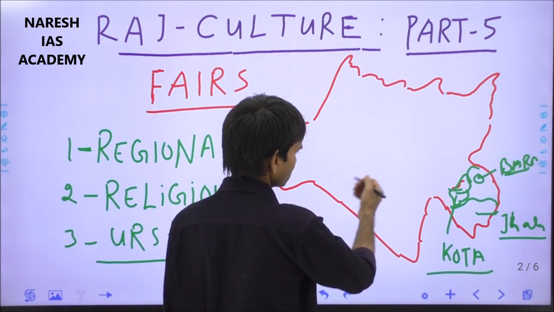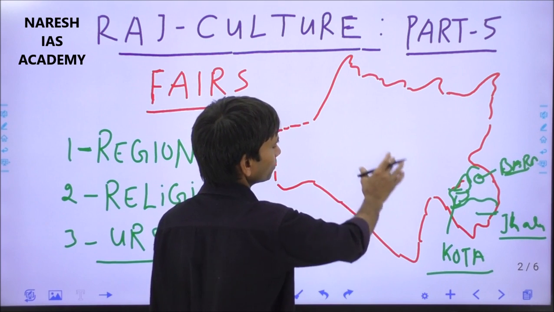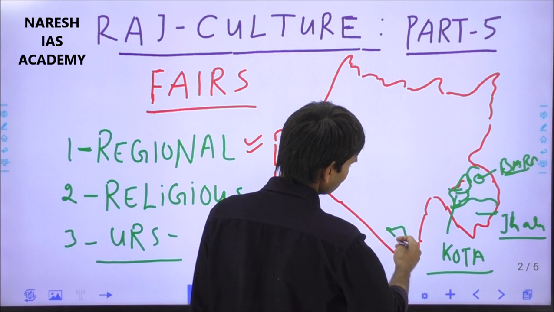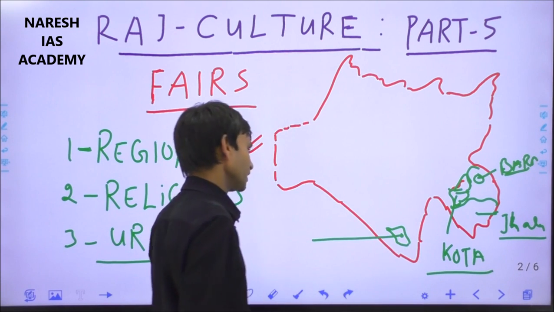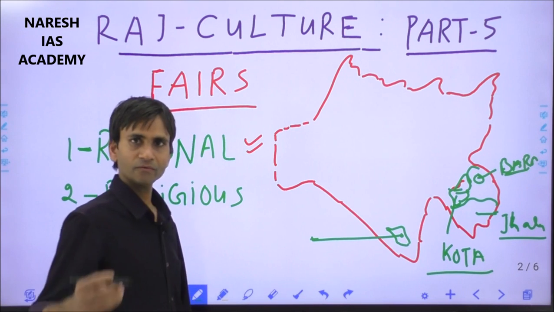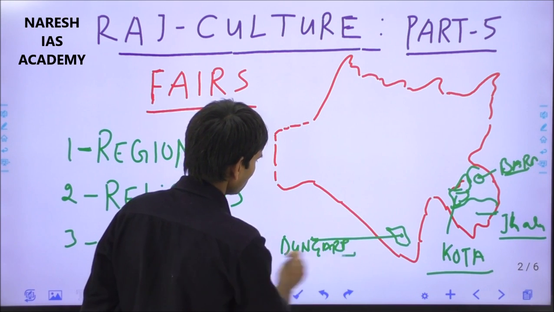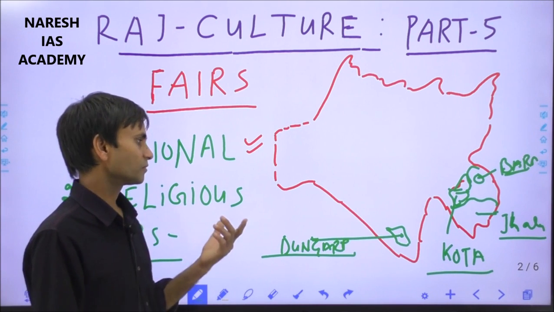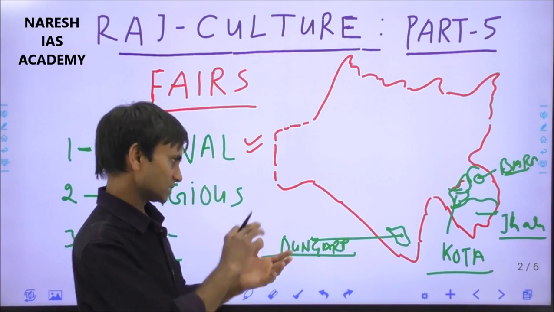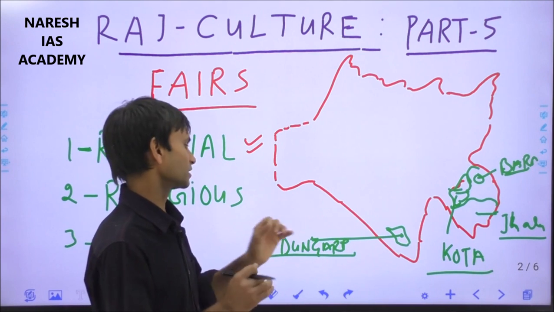Now we can discuss some specific cultural features about South Rajasthan, which is called the Mewar belt or the Mewar region. First of all, this is the Dungarpur district, and in Dungarpur, a most important fair is the Veneshwar fair in the Dungarpur district, also called the Veneshwar Dham, the pilgrimage of tribesmen of South Rajasthan, especially the Bhil tribes. The Veneshwar festival of Dungarpur is one of the largest fairs across Rajasthan, and